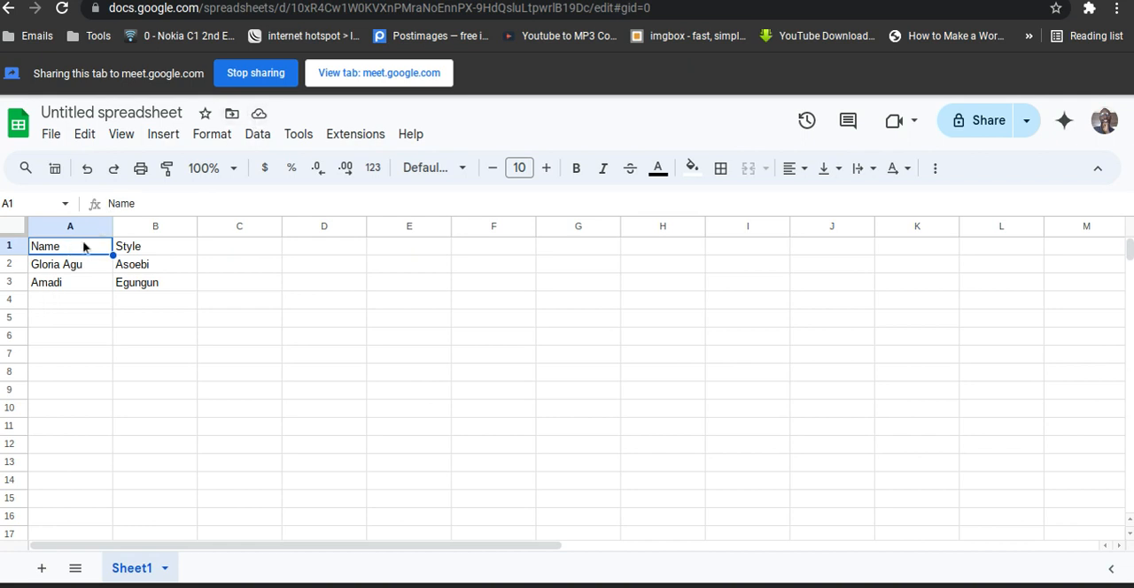Now what I did is I created a spreadsheet. Why I needed to create a spreadsheet is because in Canva, for you to be able to do that autofill, you need a spreadsheet. In that spreadsheet, the heading, this first row, is name and style. If you have name, address, location, you can name it as much as you want. But for this particular training, I'll just make it name and style. So for name, I've placed Gloria, I've placed Amadi, and for Gloria the style is Ashebi, for Amadi is Egungun,